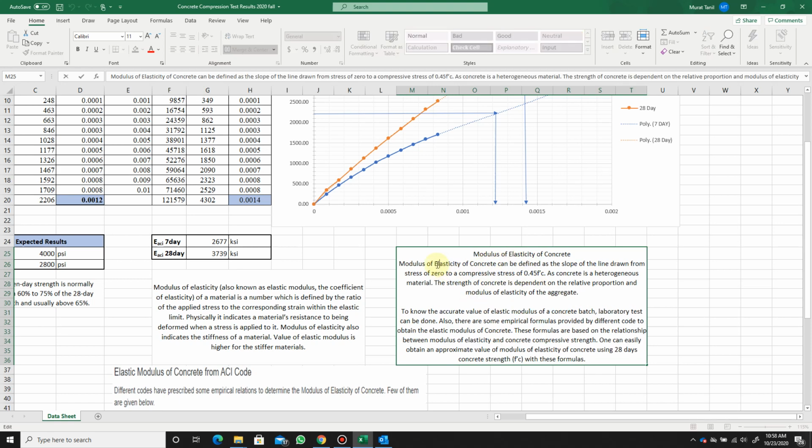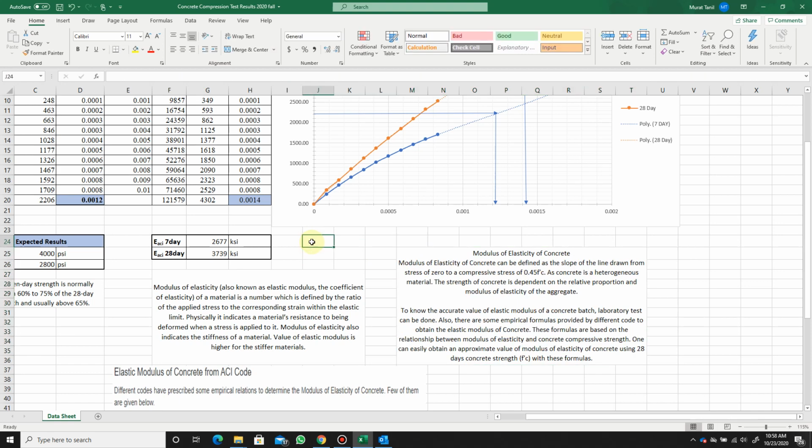In this case, you can read this. Modulus of elasticity of concrete can be defined as the slope of the line drawn from the stress of 0 to a compressive stress of 0.45 times f'c. So if you calculate 0.45 times f'c, let's see, 0.45 times f'c,